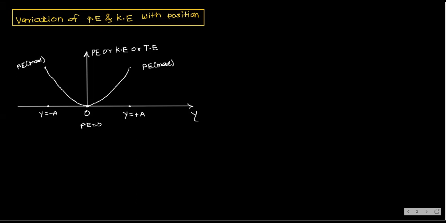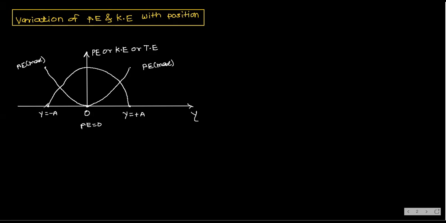Okay. Now kinetic energy, you see how it is. Kinetic energy will be 0 at the extreme position. Why? Because when the pendulum or spring ball goes to the extreme position, its velocity becomes 0. That's why it comes back to its original position, or tries to come back to its initial position. So at this point, you will get a graph something like this, a reverse bowl, right? Something like this.